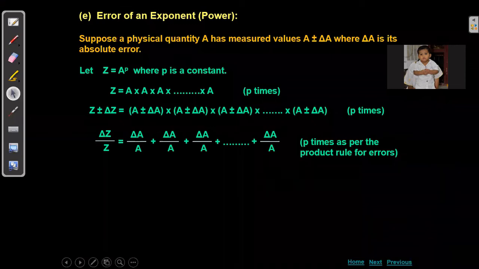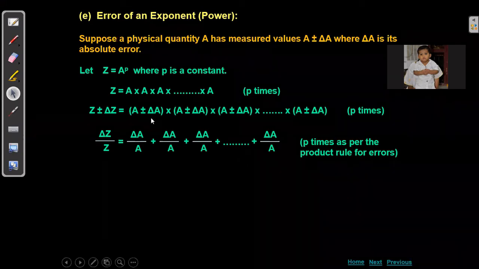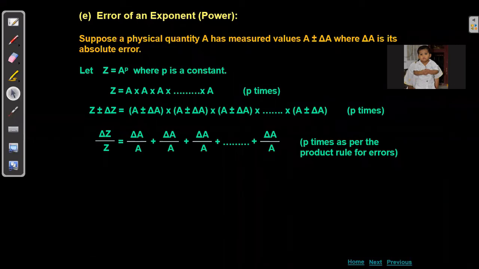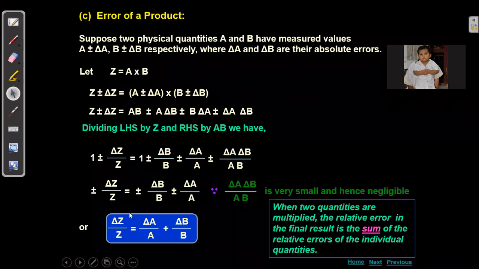the multiplication rule. We have seen, no? If two things are multiplied, A plus or minus delta A, B plus or minus delta B, if it is multiplied, what have we taken? The resultant error is the sum of their absolute errors, meaning the sum of their relative errors we have taken in the previous case. I'll come back to this and show you. So in a product, if two things are there like A plus or minus delta A, B plus or minus delta B, Z plus or minus delta Z is equal to A plus or minus delta A into B plus or minus delta B, we have directly taken its relative error in the result. Delta Z by Z is equal to delta A by A plus delta B by B.